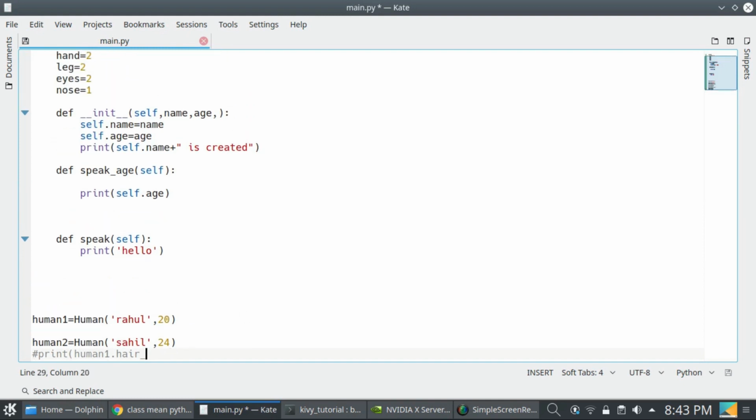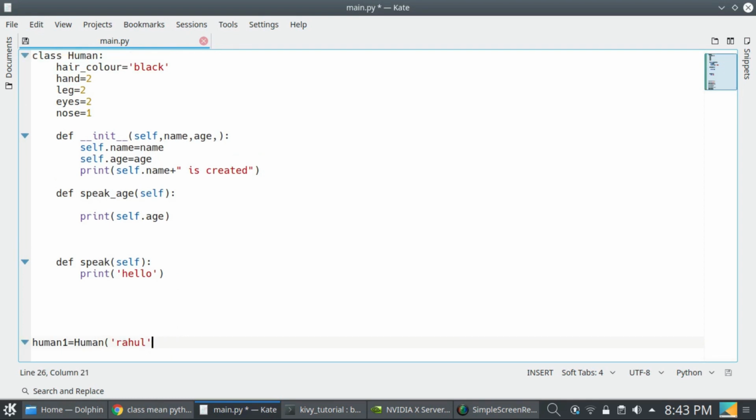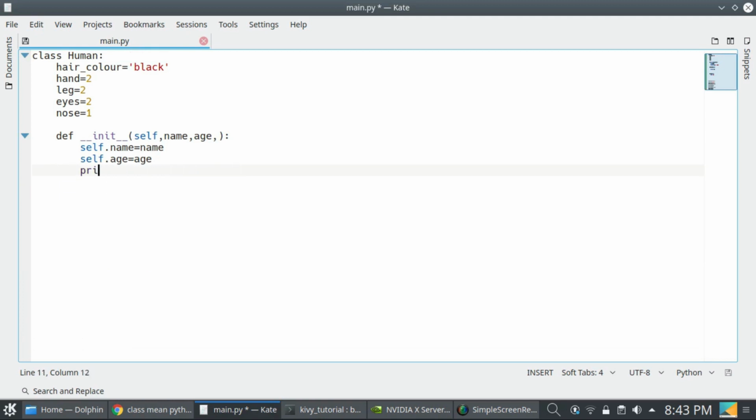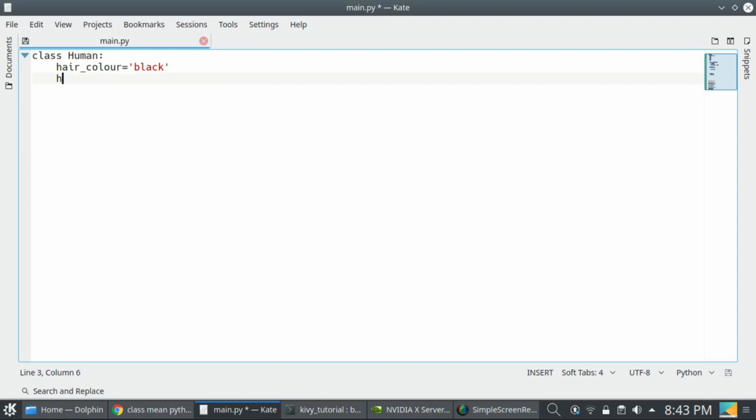Inheritance means, let's say you are a child of your parents, and you have got all attributes from your parents. This concept, implemented in a programming language, is known as inheritance. So we have two classes, one is the parent class and one is the child class.